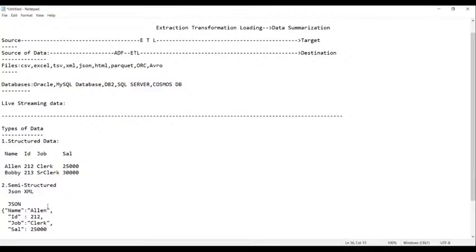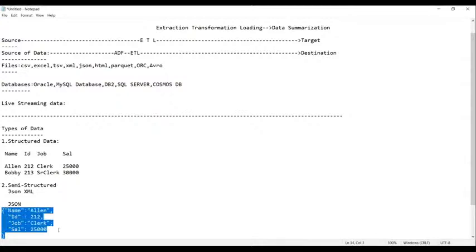Finally, the data will be placed like this. So now, guys, this is called a JSON document.